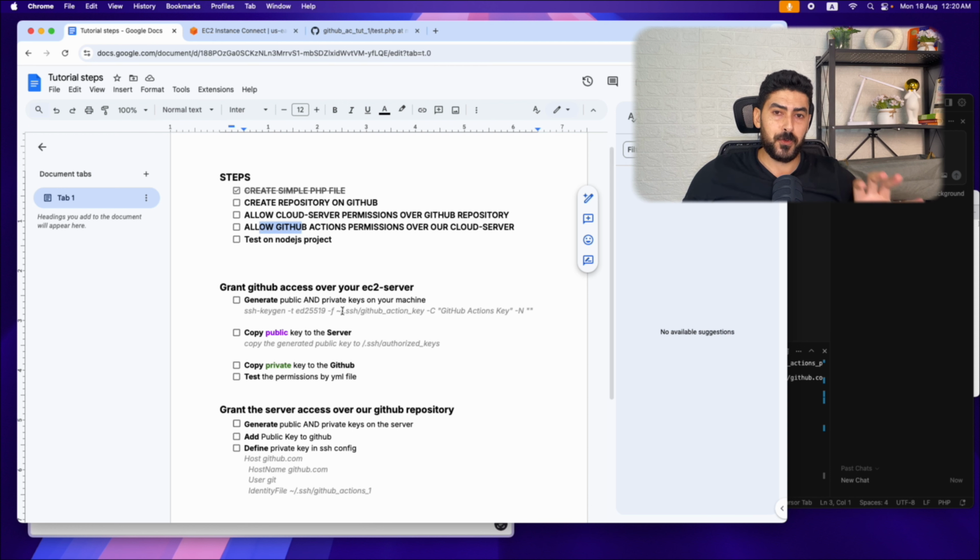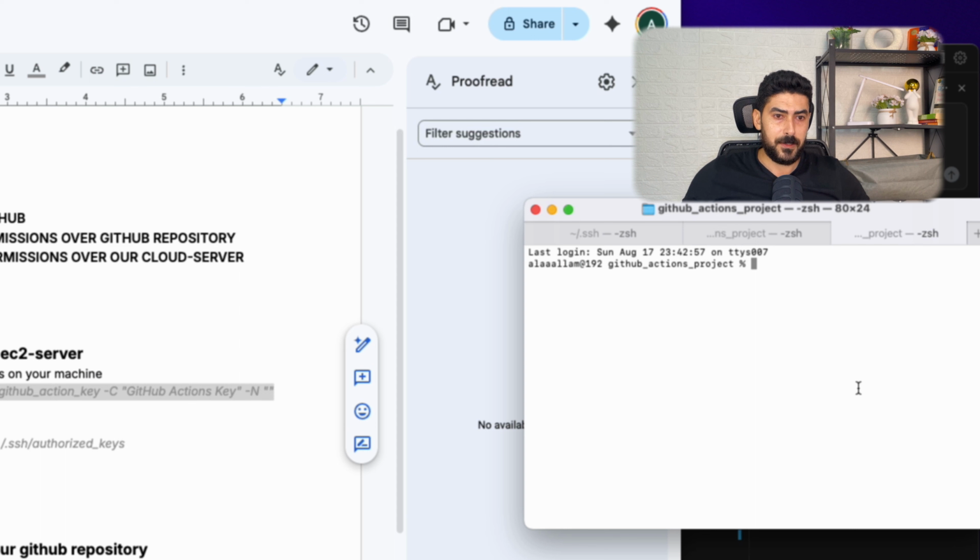We are going to put the public file in the GitHub Actions, and we're going to use the private key on our EC2 server to allow our server to access the repository. So I'm going to first begin with granting GitHub access to our EC2. I'm going to copy this command, and I'm going to open the terminal, new tab,